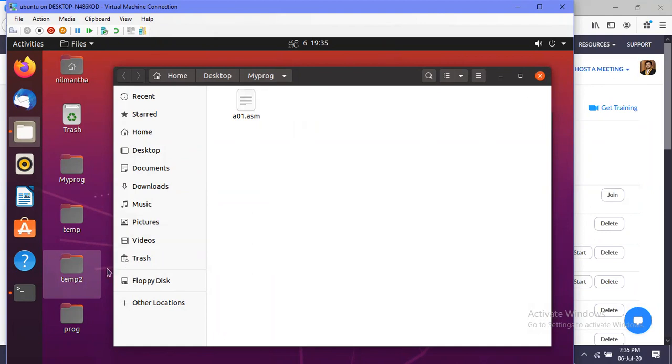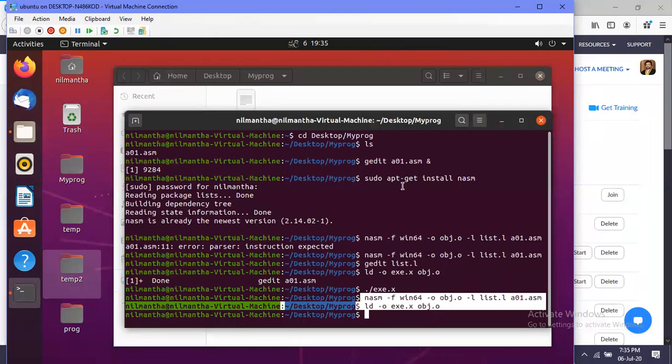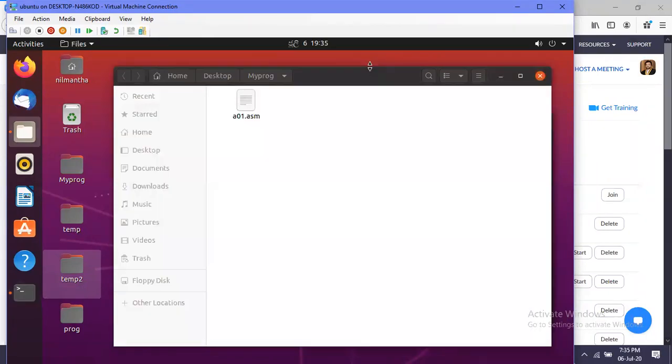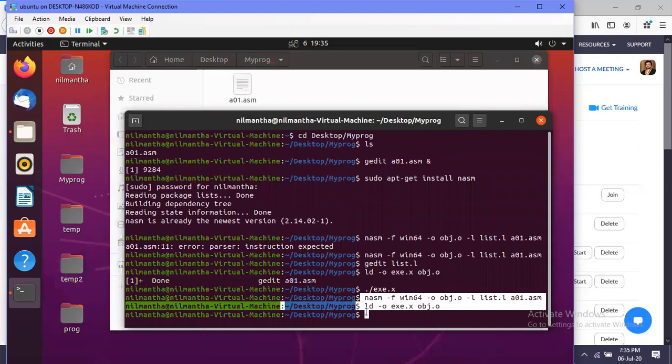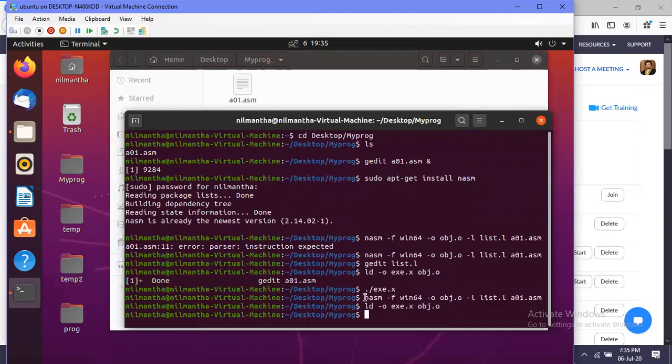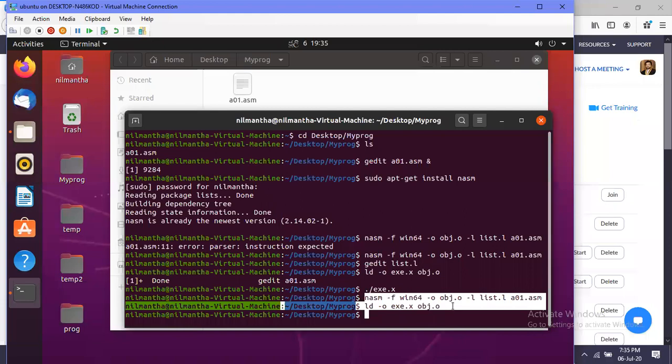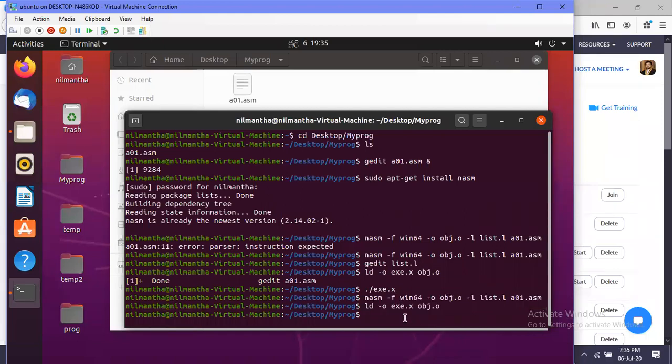For that, first you have to create a file known as makefile in the same directory. So go back to the terminal. We are going to do the same thing that we did using these two commands, in an alternative method known as the make utility. First we need to create a file.